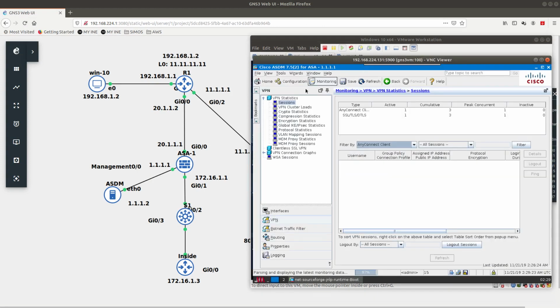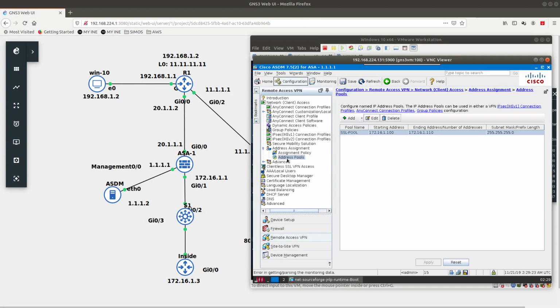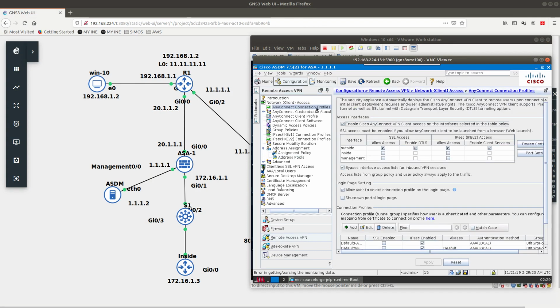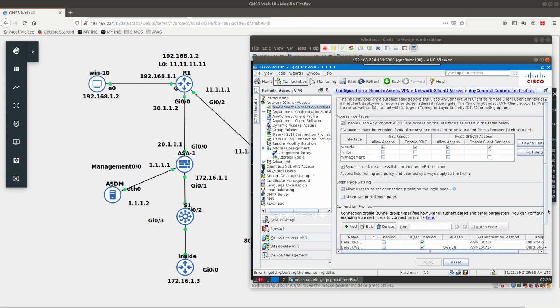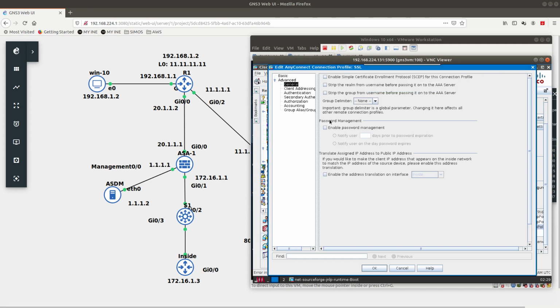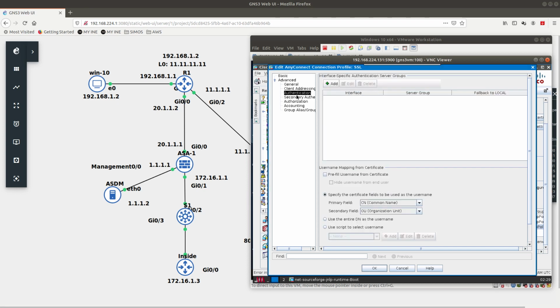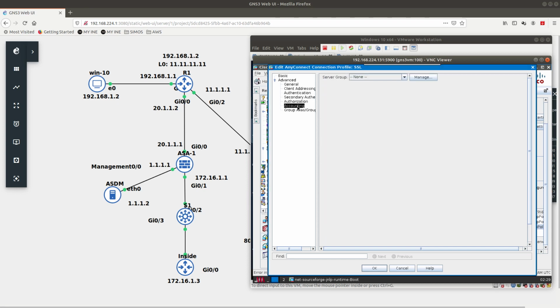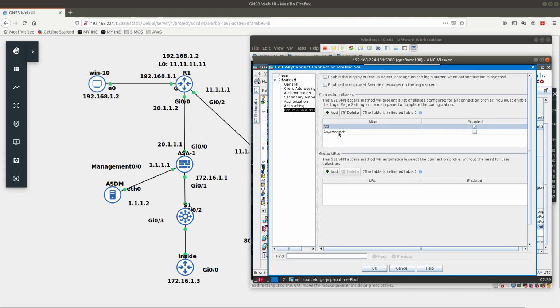also let's go ahead and go to configuration. If you want to do more stuff, if you go to connection profiles, and if we go into SSL, let's go ahead and go to advanced, say no. You can do a lot more stuff, as you can see over here. You can add an alias. Let's go ahead and delete this alias right here. Let's go ahead and see if we are able to. Doesn't let me. Let's go ahead and see if it lets me edit